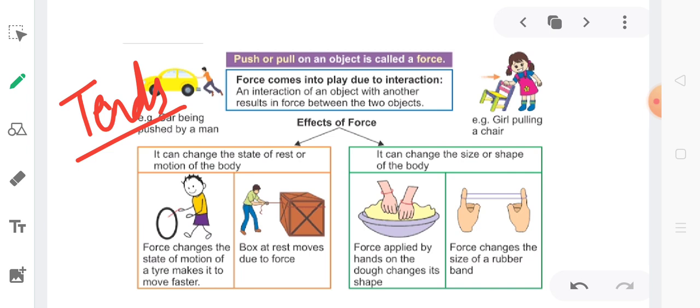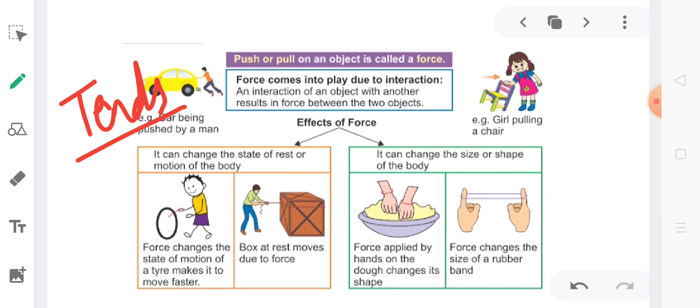Suppose in the morning, the first thing that we do is to brush our teeth. Obviously by pressing the toothpaste tube, we are changing the shape of the toothpaste tube, we are deforming it. Another example, force changes the size of a rubber band. By pulling it, we are actually changing its length. Change in dimension is referred to as change in size. So length, height, thickness, this is referred to as size.